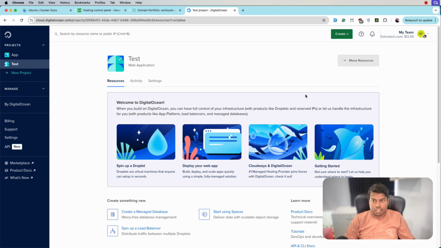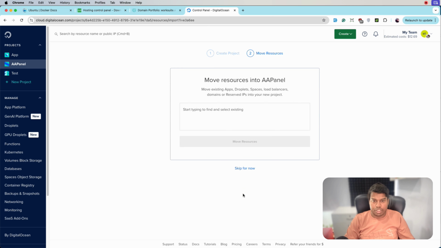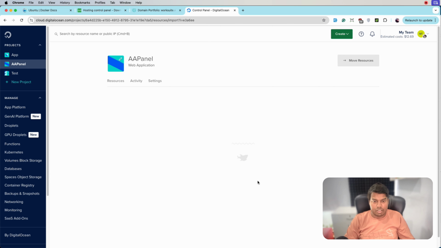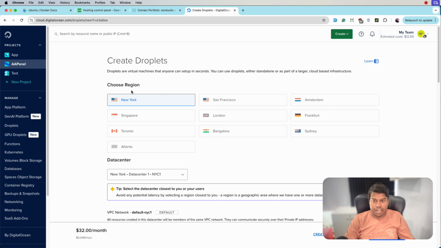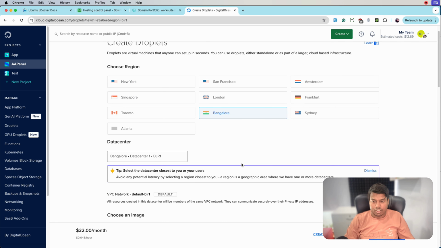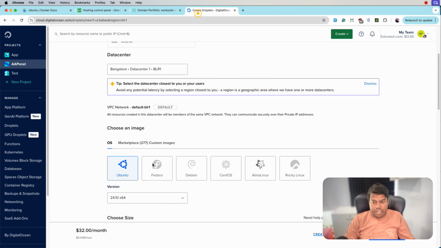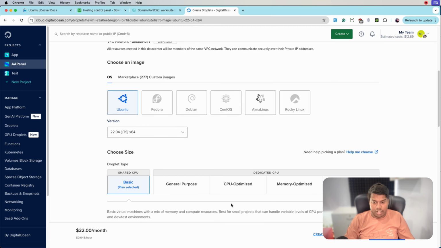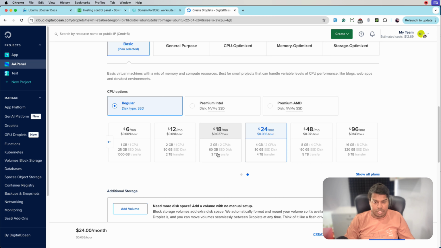So this is the DigitalOcean panel. Let me create a separate project for this. For this I will be writing AAPanel. Click create project. Let me skip this part, and from here we will spin up a new droplet, and let me select the region closer to me, and then it also says 1 to 22. So let's select that one, and then from the regular I am selecting the 2 GB 2